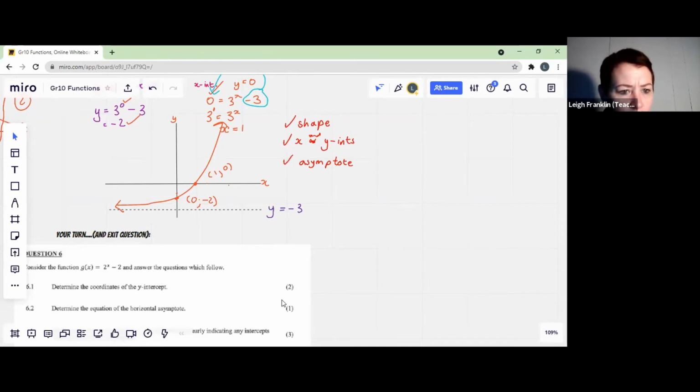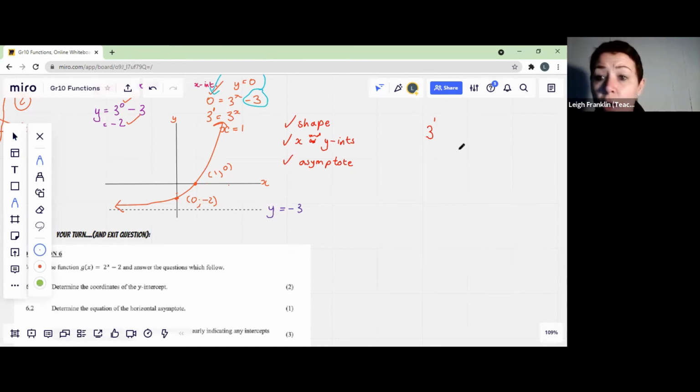First of all, the first person who asked was Nazol, and you said to me, how come 3 equals 3x? What you've got to remember here is that if I write the number 3, that means 3 to the power of 1. If I write any number, we're talking about positive numbers now, but if I write 2, I mean 2 to the power of 1. So if I've got an equation where 2 to the power of 1 is equal to 2 to the power of x,